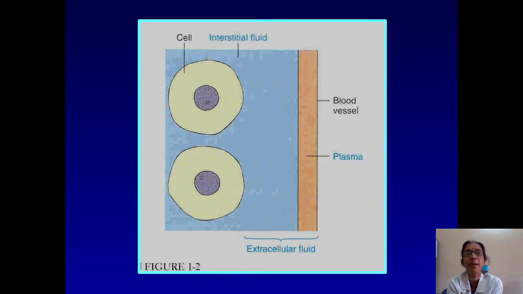We can divide the extracellular fluid into three divisions. One is the interstitial fluid, one is the plasma, and the other one is the transcellular fluid. It forms a very minor percentage. So a lot of people talk only about these two. Okay, now,